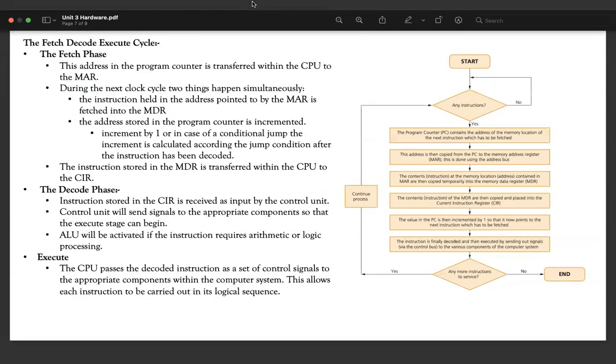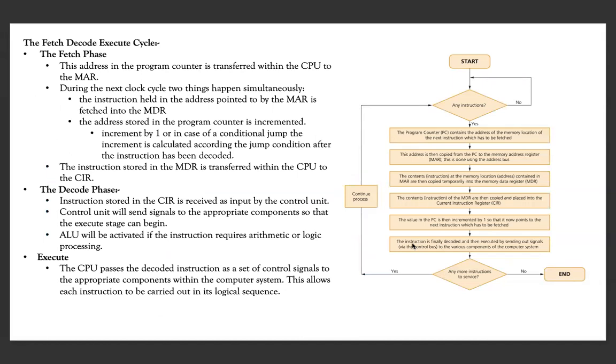Now let's look at the fetch, decode, execute cycle. A fetch, decode, execute cycle basically outlines how an instruction is fetched from my main memory, decoded, which means the instruction is made sense of in a way, and then eventually executed. We'll look at these three phases, and then revise them in a summarized fetch, decode, execute cycle in the form of a flowchart.